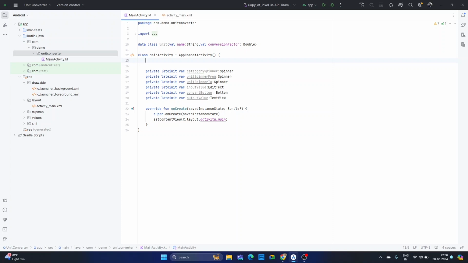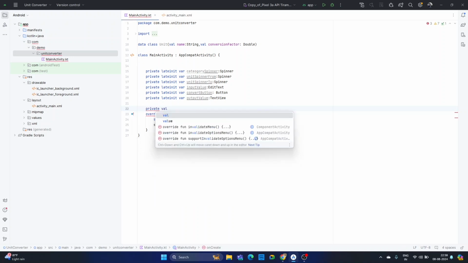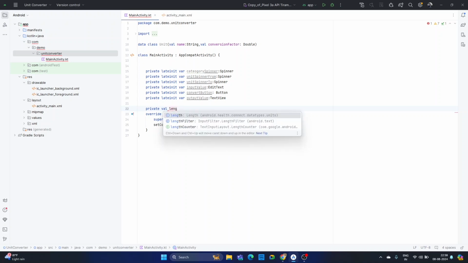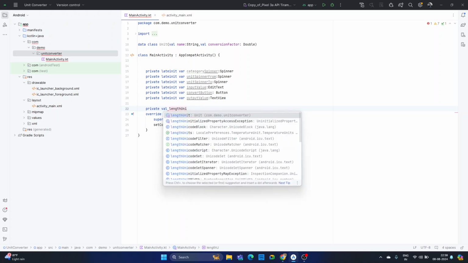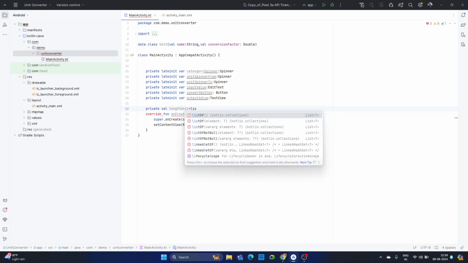Let's start with the length units. We need to create a private val lengthUnit equal to listOf,